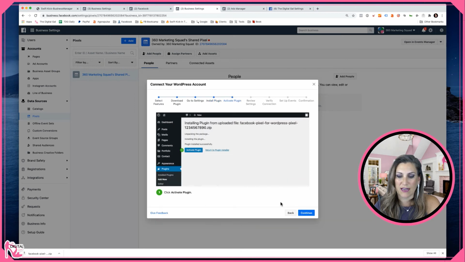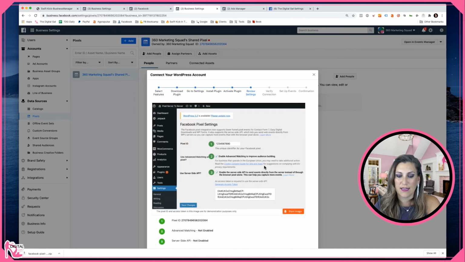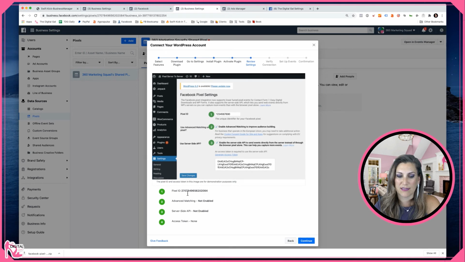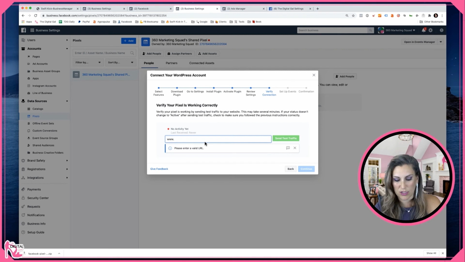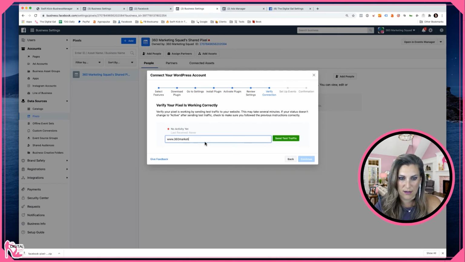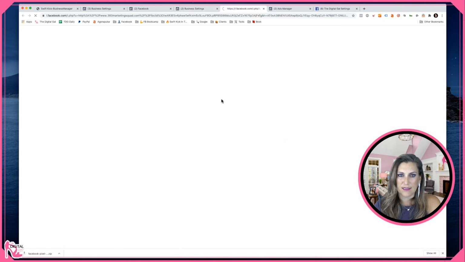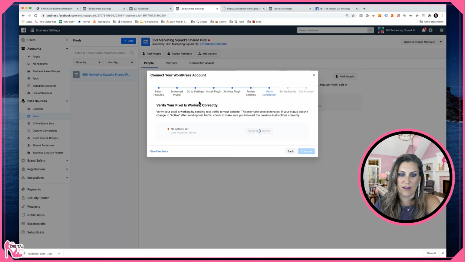And then we would activate the plugin. Then we would put in our pixel ID. Here's the pixel ID right here. And continue. And then we'd enter the website URL, 360, not the digital gal, 360marketingsquad.com. Send test traffic, and right now I'm not doing the setup while we're on the live call, so right